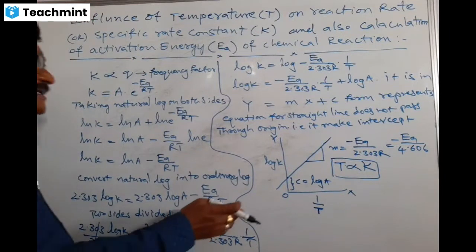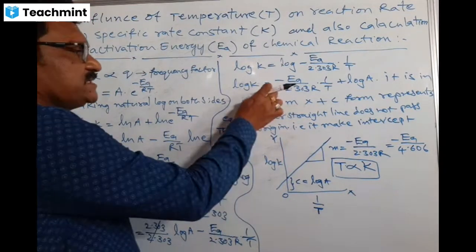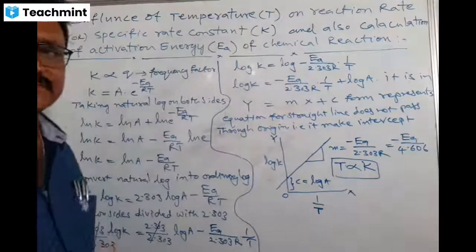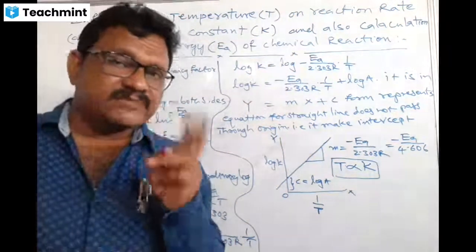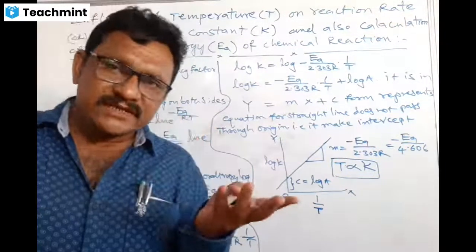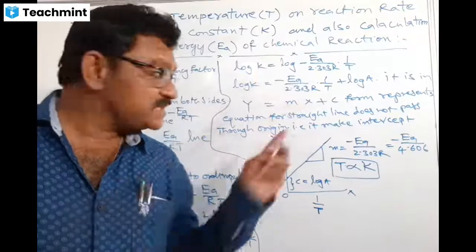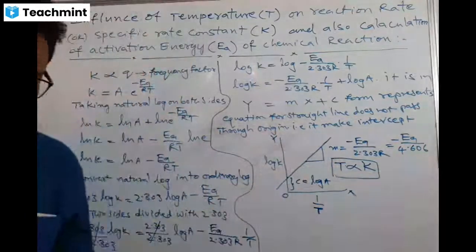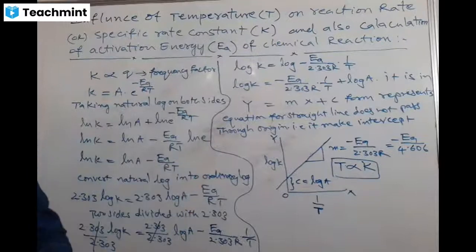Okay. After completing this, by this equation, we can calculate the activation energy. When we know the temperature values T1, T2 and K1, K2, we can easily calculate the activation energy based on the Arrhenius equation. Just now I am going to explain the calculation of activation energy. Also, please copy it.